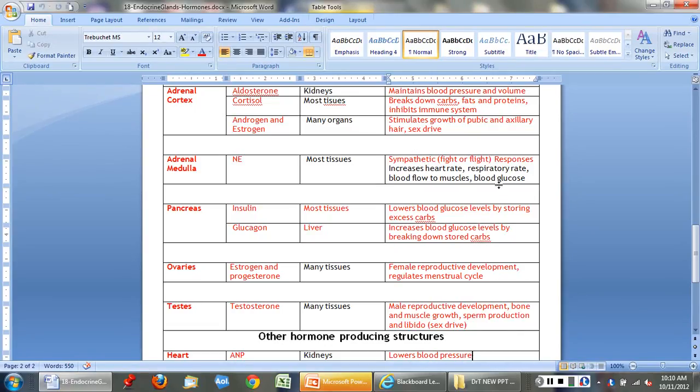Stimulates. So if you have a stored carb, you know it's a polysaccharide then, right? Glucose is a monosaccharide. If you stick all those glucoses together, it makes a